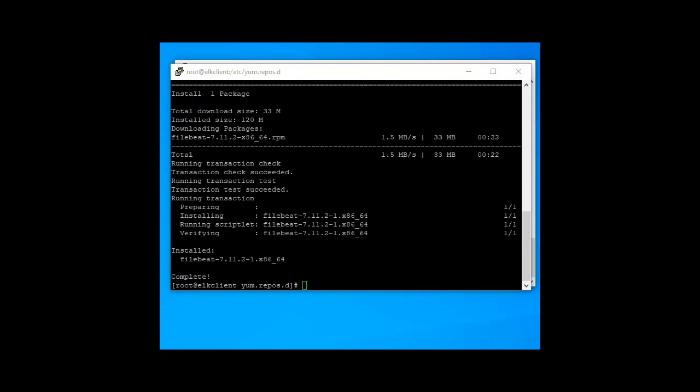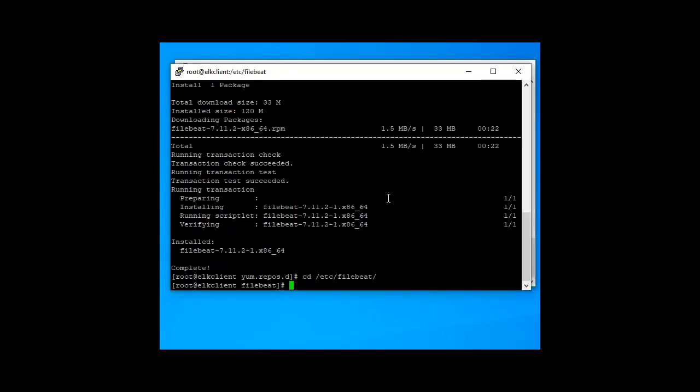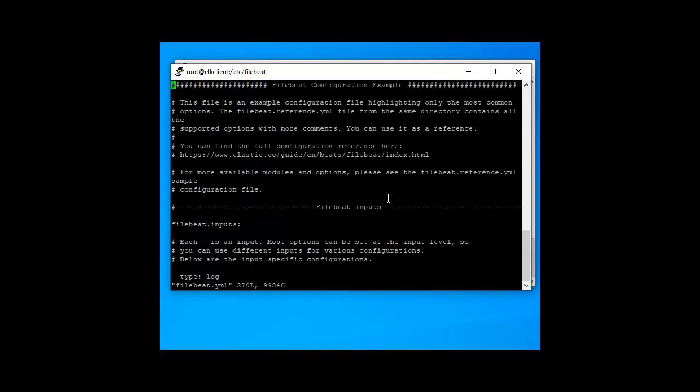Now I am going to the configuration file. Under Filebeat, we need to set the Logstash server IP. So vi filebeat.yml. Press enter.